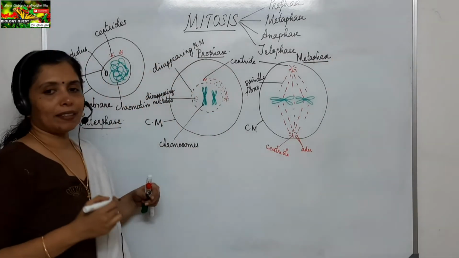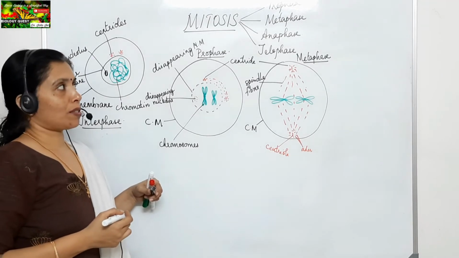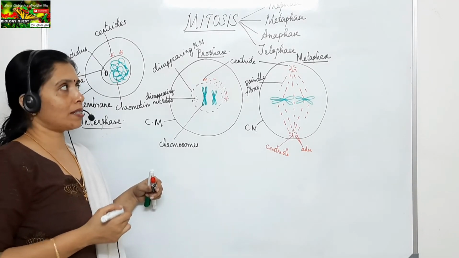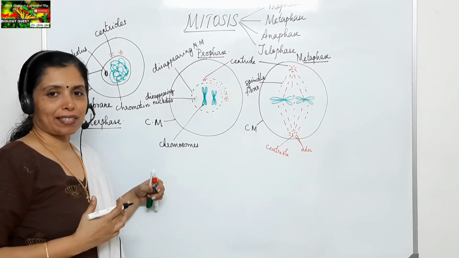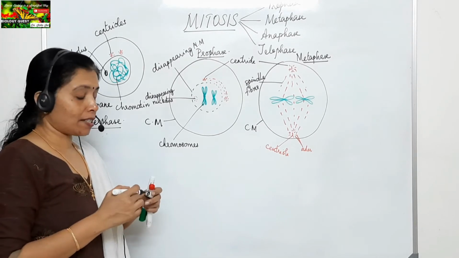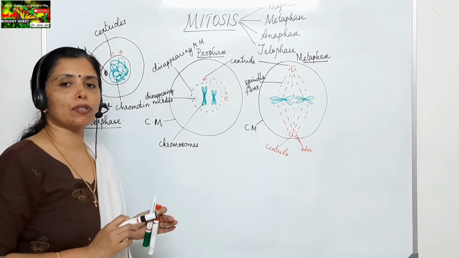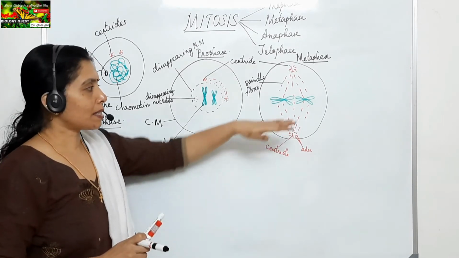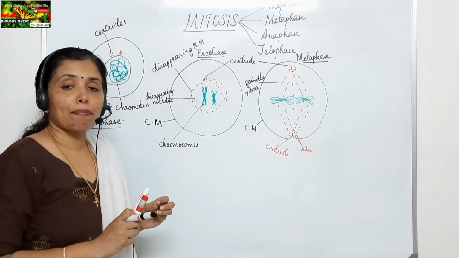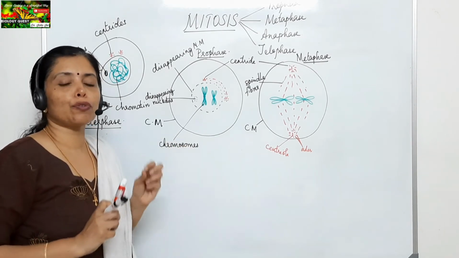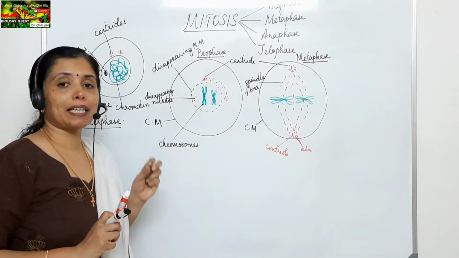Now moving on to the third stage of mitosis. Which is the third stage of mitosis? It is anaphase. What happens during anaphase? During anaphase, the centromere of each chromosome splits. The centromere splits and the sister chromatids are pulled to the two opposite poles of the cell by the contraction